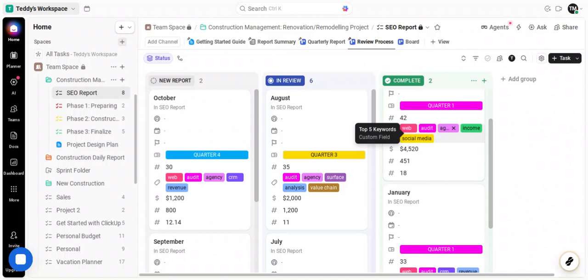Next, look for the quarterly report view and click it. This view is designed to help you dig into a specific time period with a bit more structure. For a quarterly review,